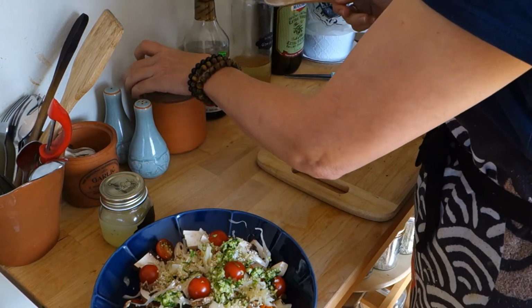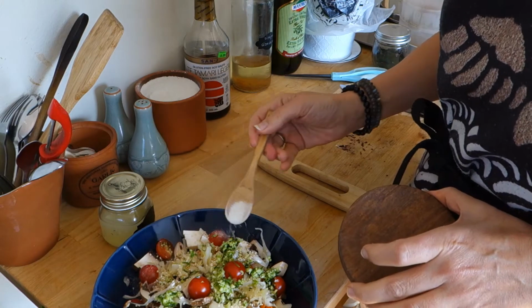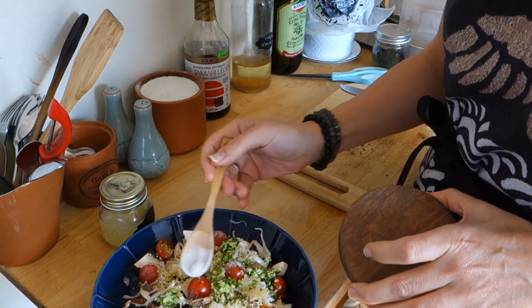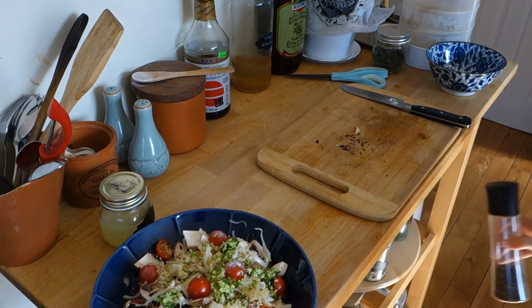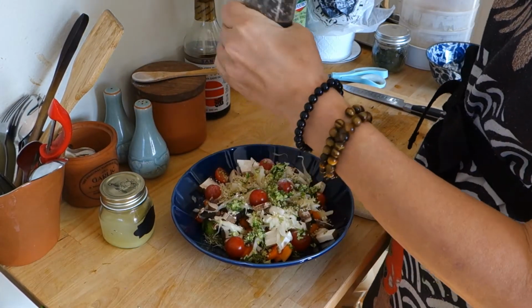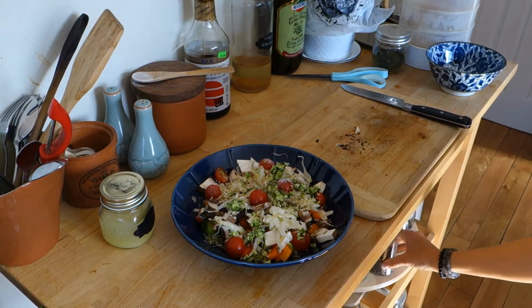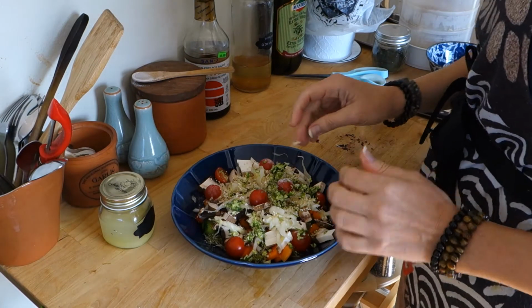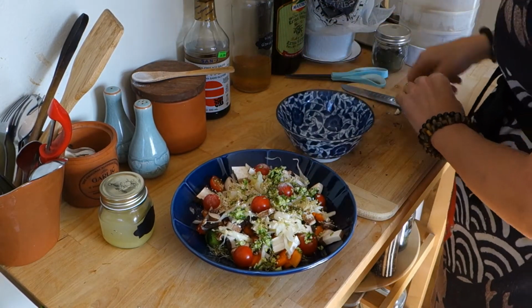I also put a little bit of salt just to add some taste to it, and a bit of black pepper. And then I'm moving on to the salad sauce. So for the salad sauce, what I used is